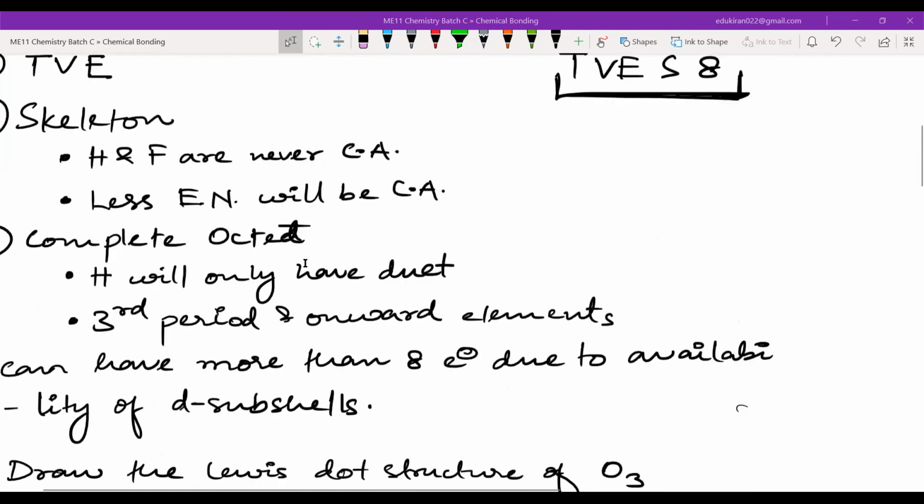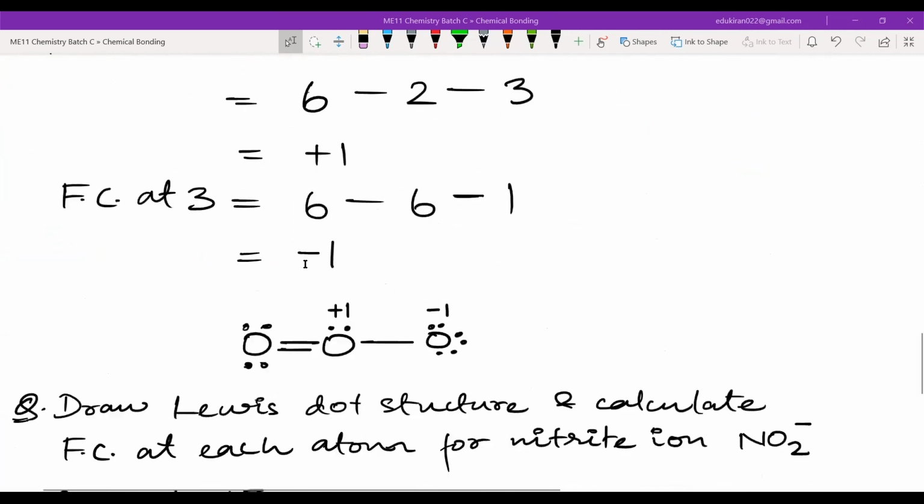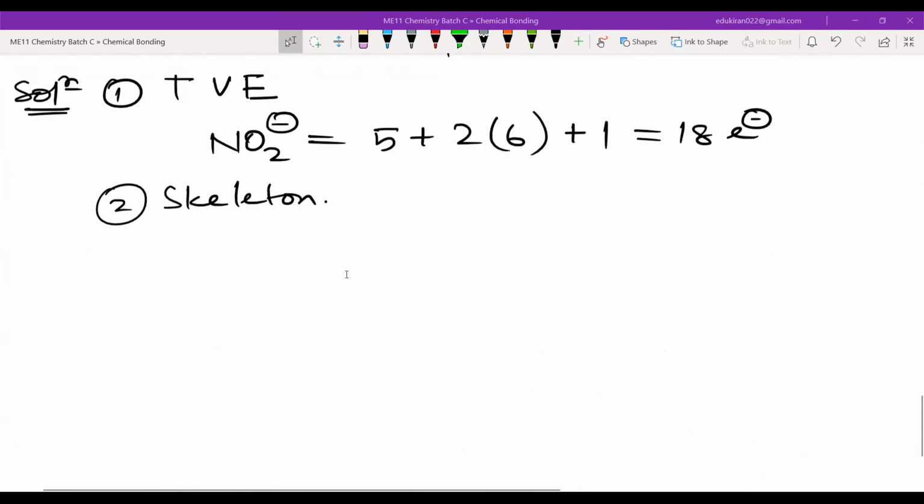Central atom will be less electronegative. Okay. Central atom will be less or more, Sidra? Less. Less electronegative. So tell me, which will be the central atom here, nitrogen or oxygen? Which is less electronegative? Nitrogen. Nitrogen is less electronegative. Nitrogen will be the central atom. Okay. Yes or no, Sidra? Yes, sir. Yes, thank you very much. Okay, you people carry on.